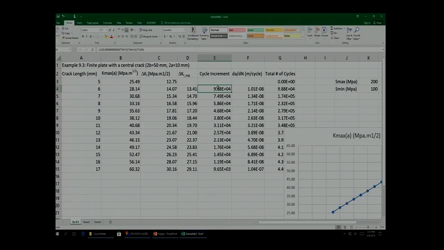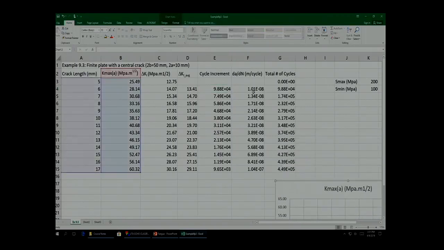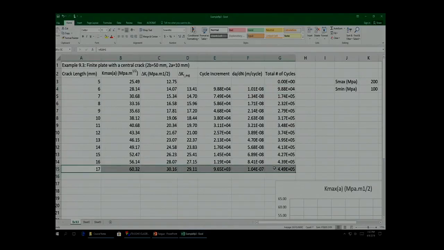So if your data show that it's getting slower and slower, then you will check to see if you got it correct or not. And then for that, of course, you can also calculate your da/dN curve. Just calculate how long it takes, and then you can add them up to be your number of cycles. So in this case, since 17 is very close to the critical crack length,